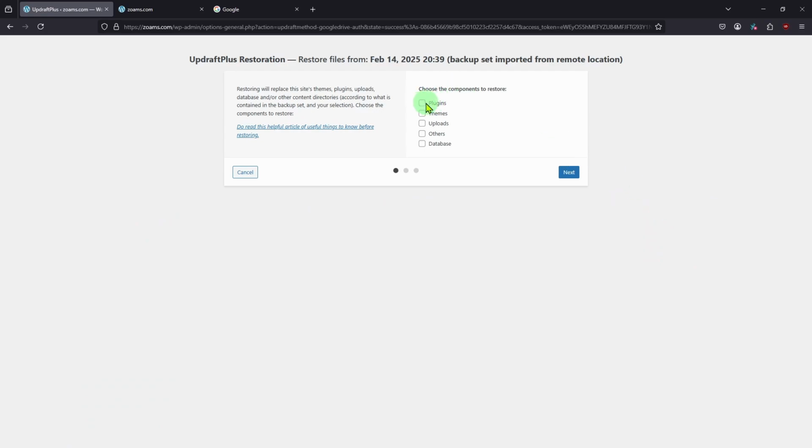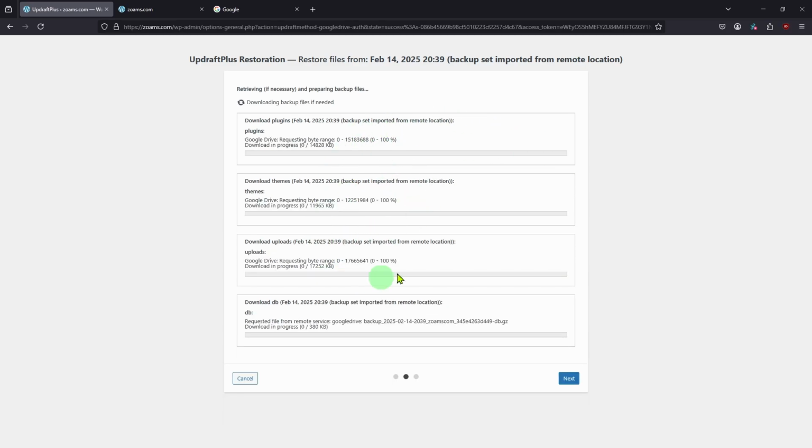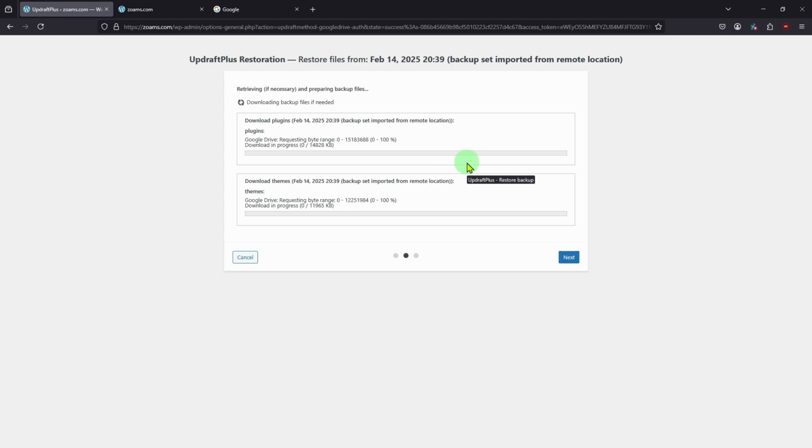And we are going to restore everything. And I recommend that you always restore everything, the plugins, themes, uploads, and especially the database. You need that all to have a complete installation of WordPress. So we'll click next here. And the backup set is going to be downloaded from Google Drive. And this will just take a minute. And then we'll kick off the